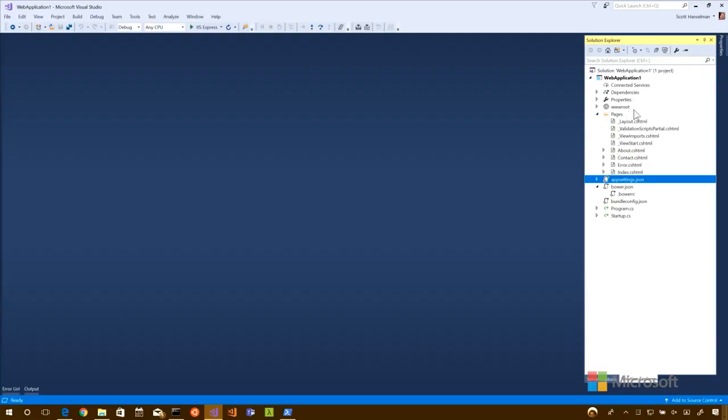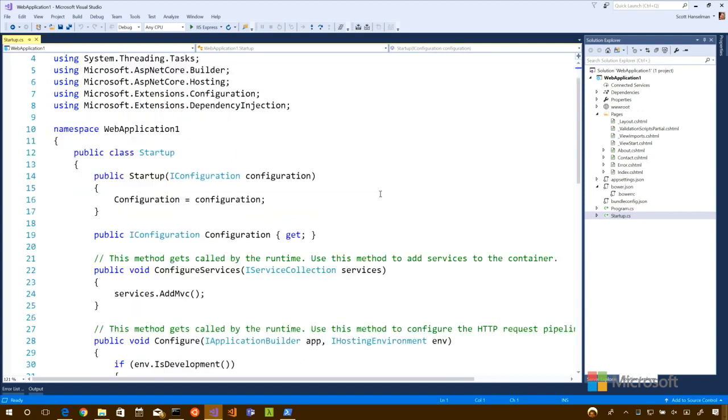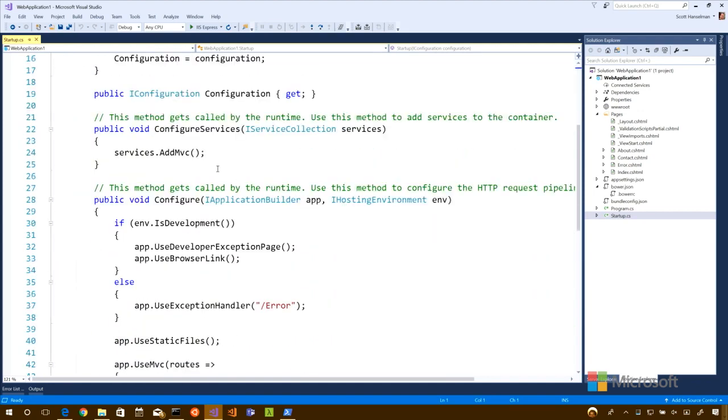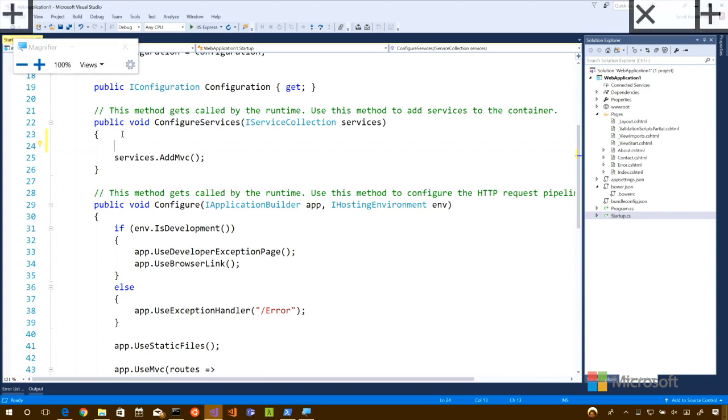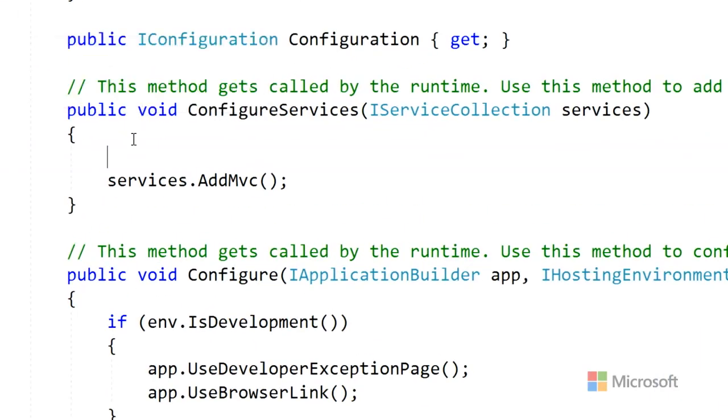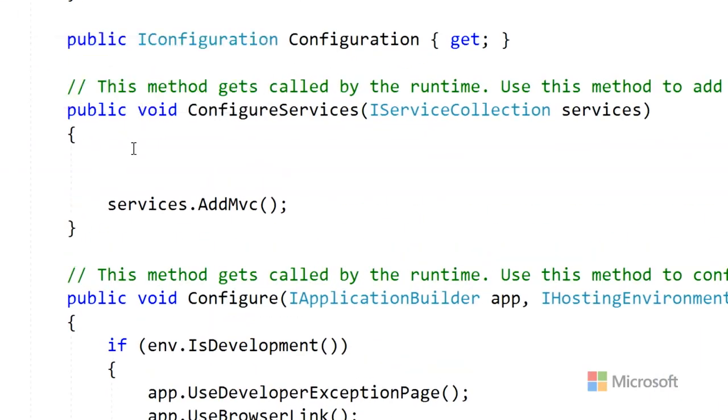Okay, so let's do the best we can. We're going to use the same web application one that we created before. We saw in the previous modules where we added MVC, but of course, all of that stuff was added for us because we went File, New Project and we picked Web Application. All right? So here, in Configure Services, we've got Add MVC, but we're going to make our little in-memory database